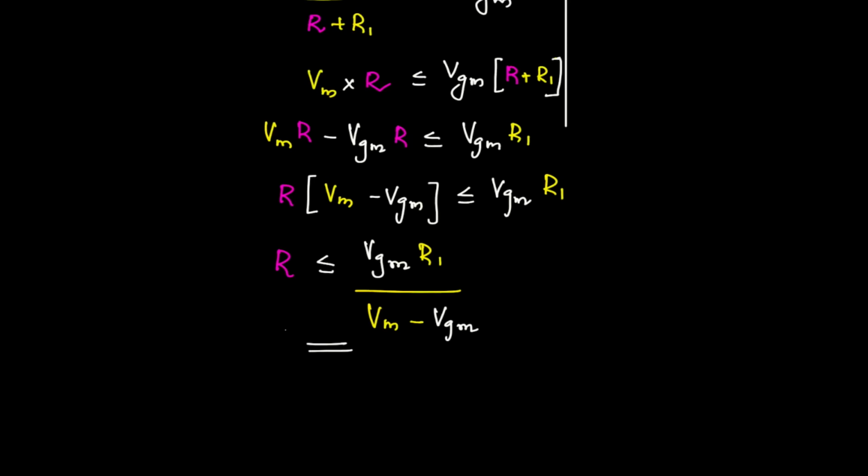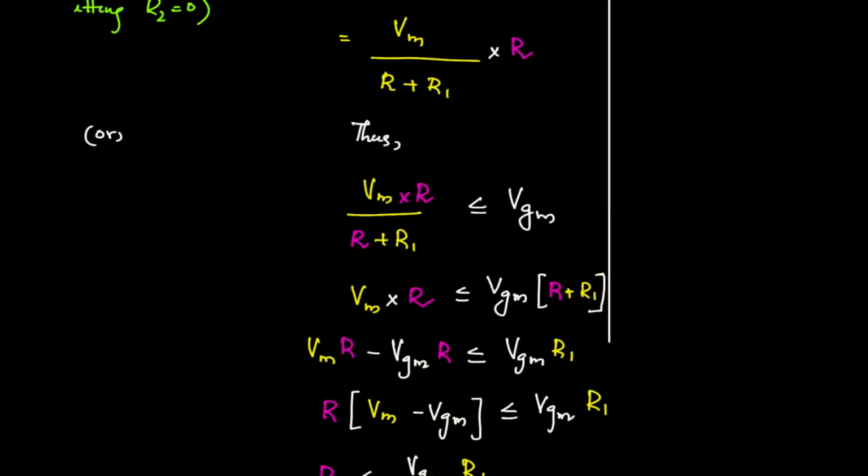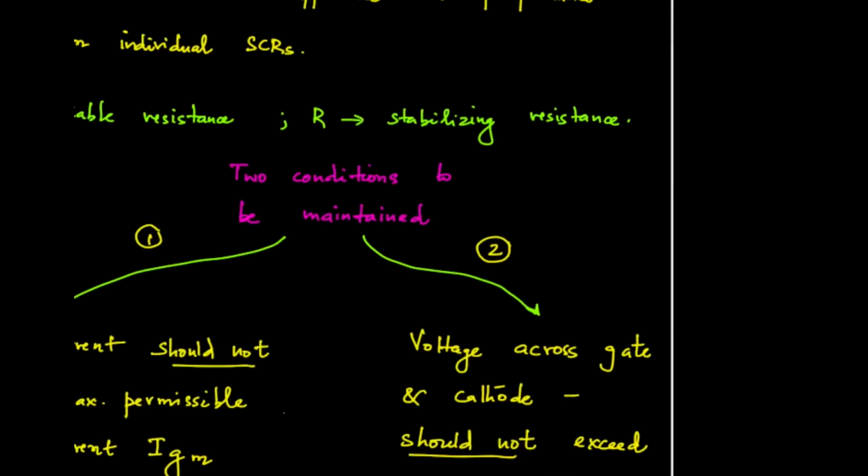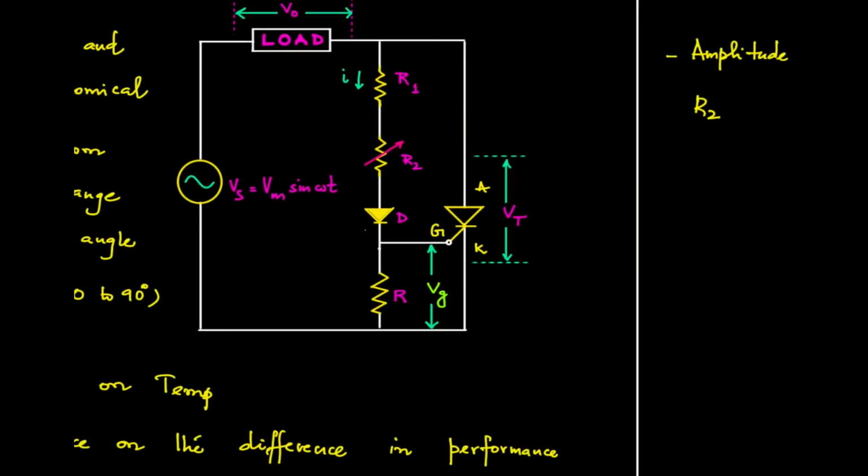Now this is how resistance R and resistance R1 get calculated. After this gets calculated, when you adjust the resistance R2, the current that is flowing through the gate will vary. Now why do you need a diode like this? This diode is required because since it's a sinusoidal wave, it will have a positive half cycle as well as a negative half cycle. During the negative half cycle, the current will tend to flow like this. To prevent that flow of current in the opposite direction, we have kept a diode D like this.